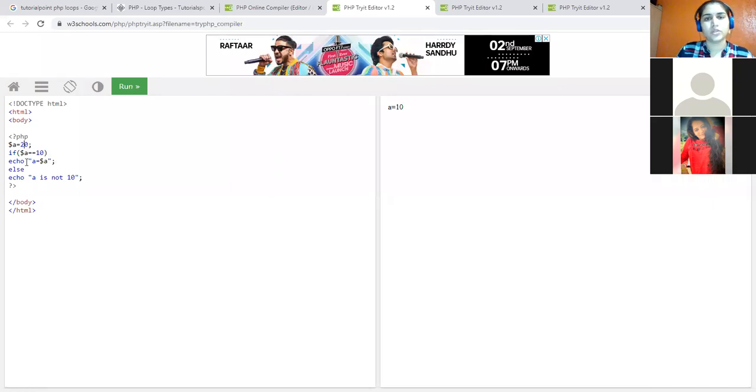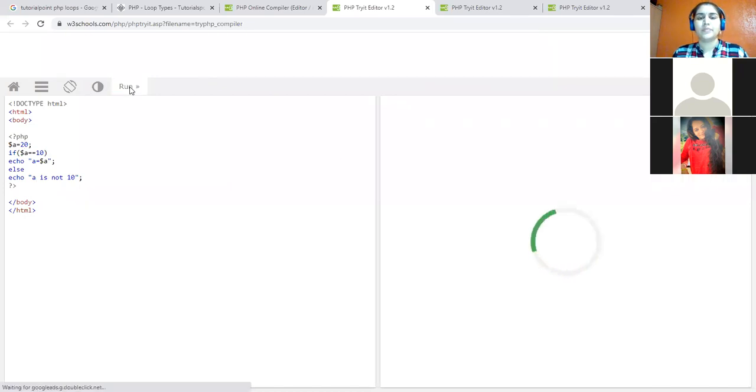Now I know $a contains 20, and if $a equal to, meaning 20 equal to 10, it will give me false. It will go in the else part and give me the output A is not 10. So let us see the output. So basically it gives me A is not 10.